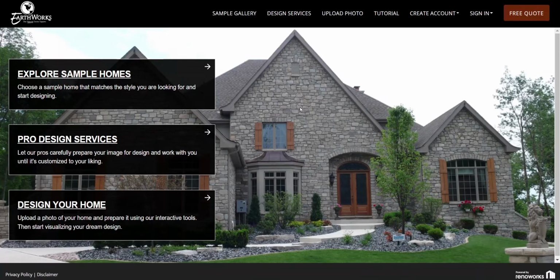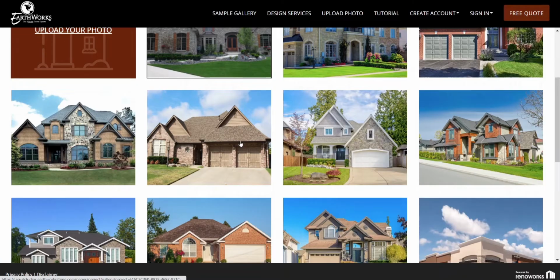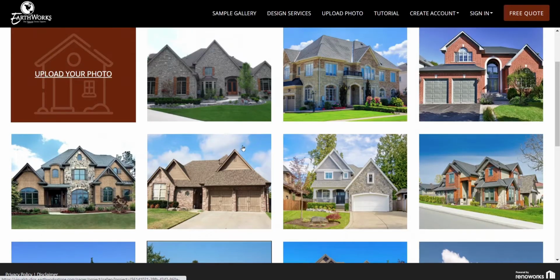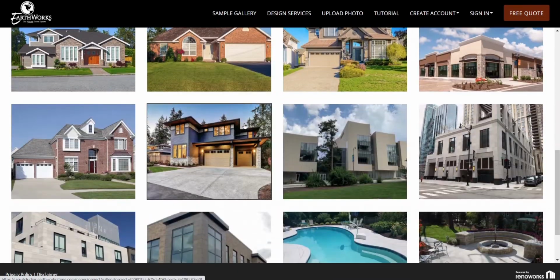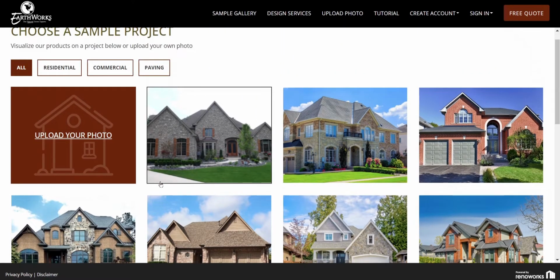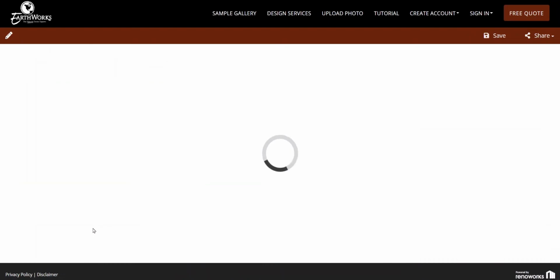To get started right away, use the sample gallery to find a sample home that you would like to apply product to. These sample homes have already been prepared in the visualizer, so they're ready to go. It's just a matter of picking one that would work for your project. Once you've decided which one you would like to use, click on the image to pull up that sample project